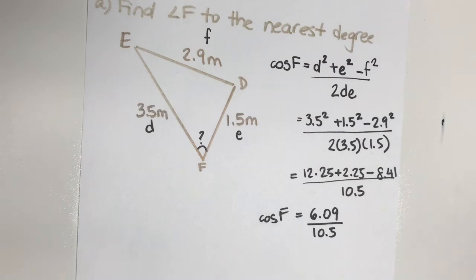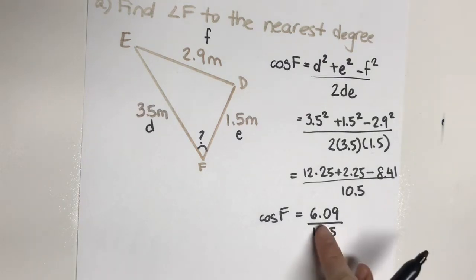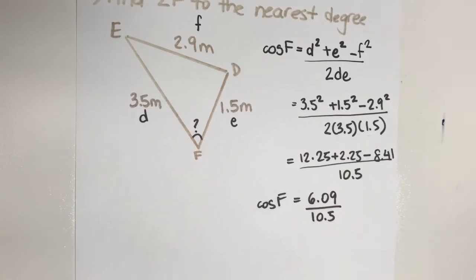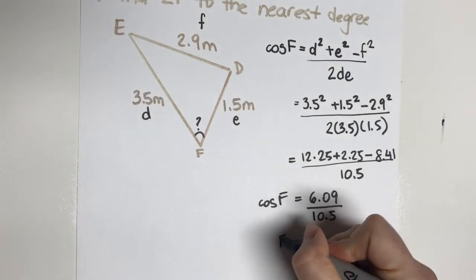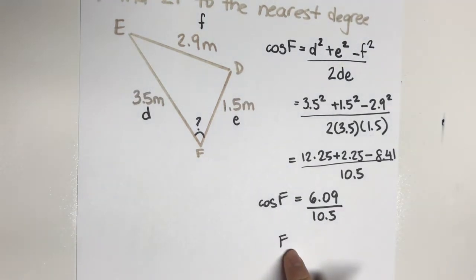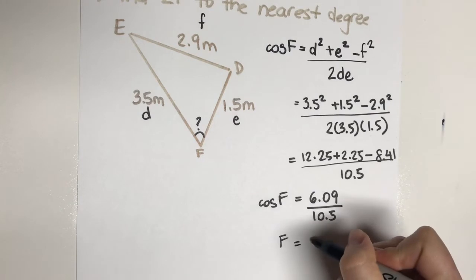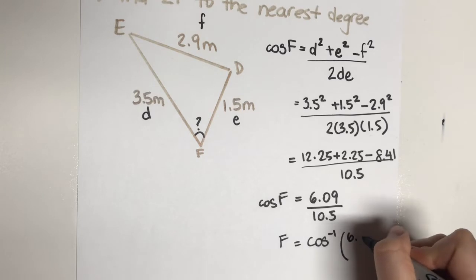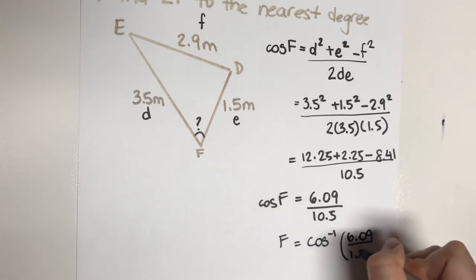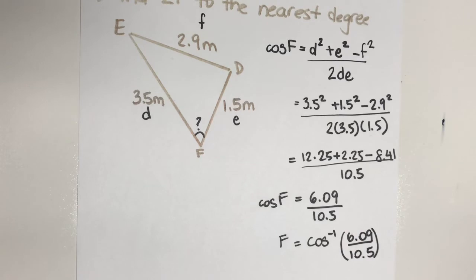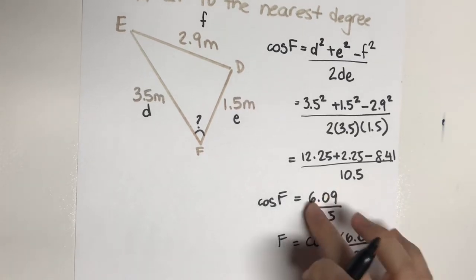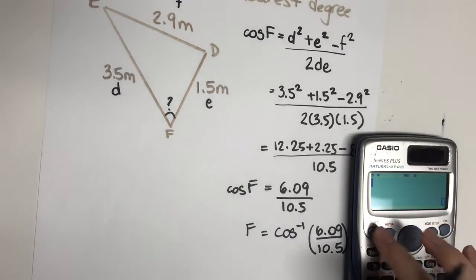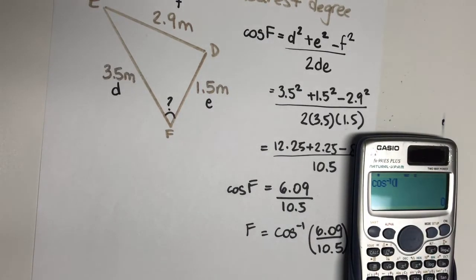Now there's two ways of continuing from here. The first way is to put this into your calculator and change it to a decimal, or if you want to keep it a fraction, you can. And I'm going to use the inverse operation to find out what F is. So I'm going to bring cos over to the other side and do the inverse. Cos -1, 6.09 over 10.5. Now, depending on your calculator, you might need to do this first, change it to a decimal before you do this step. But in my calculator, I can do it all in one step. So inverse of cos, so shift cos,